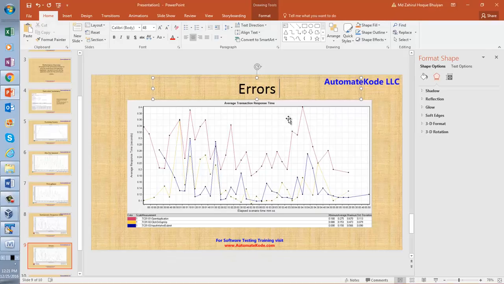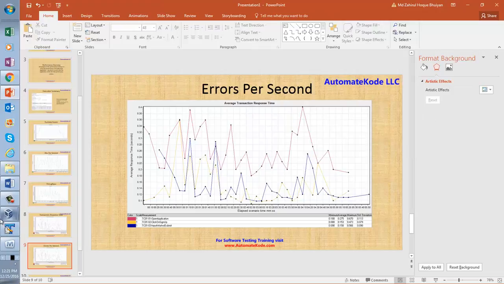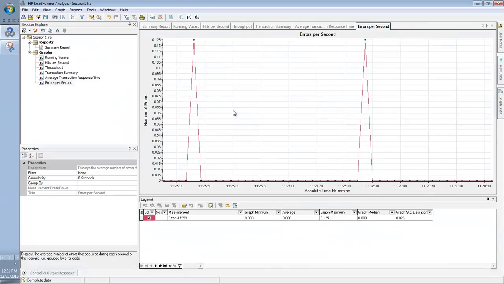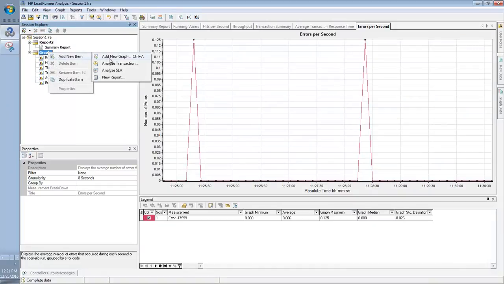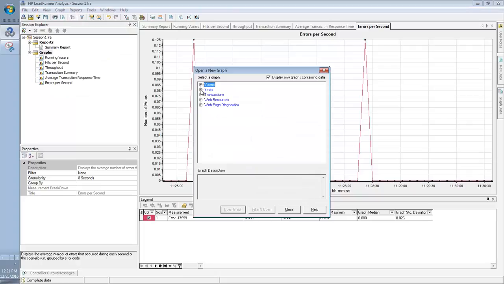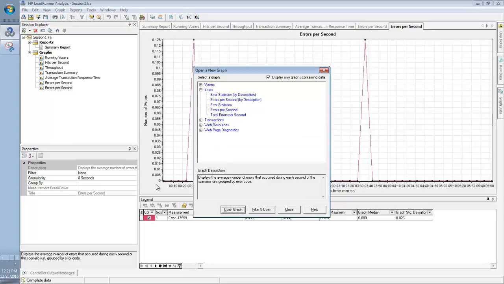Put errors per second. Now, how did I bring errors per second into the analysis? If you take a look here, I right click, add new graph, and then add new graph. I have selected errors per second, right? In that way.